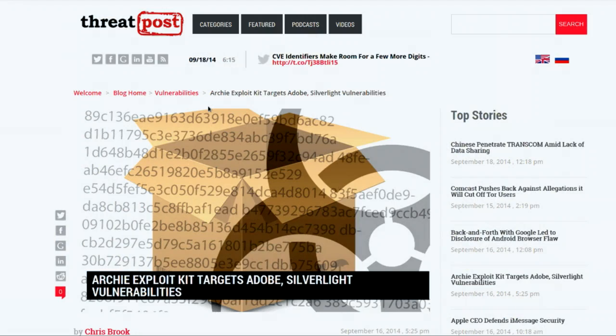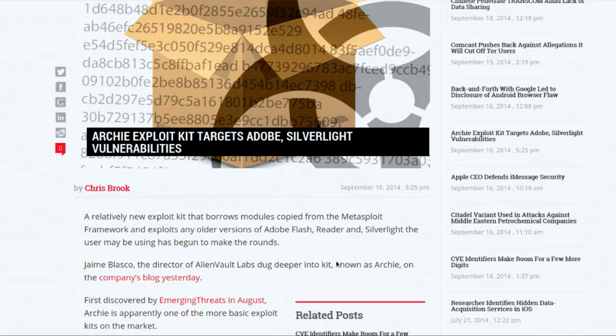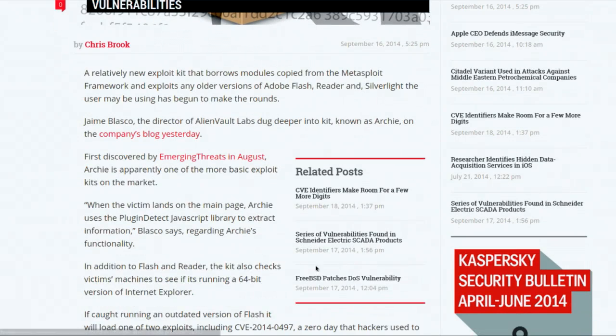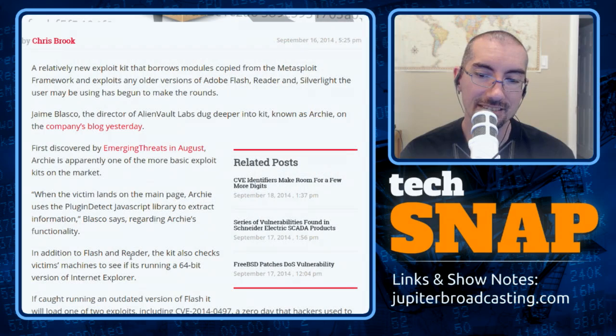Next story. The Angler exploit kit is targeting Adobe Flash and Silverlight vulnerabilities. Nobody uses that stuff, though, right? Well, we don't see exploits for Silverlight that often because there aren't very many websites that use it anymore. And honestly, not that many people had it installed. And then it's like, oh, right, everybody has it installed to watch Netflix. Yep. Thanks, Netflix. That one's kind of a big deal.